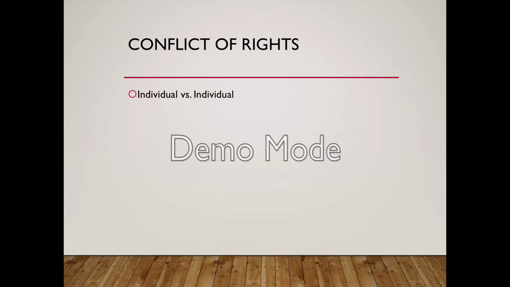The first kind of conflict of rights is individual versus individual. Individual people's rights, their liberties, overlap all the time, right? So one of the ways that we think about civil liberties in particular is laying out the groundwork for the protection of an individual in relationship to another individual. So we're going to find out, for example, that freedom of speech is pretty broad in our system. In fact, probably broader than almost any other system in the world. However, there are times when freedom of speech is limited in order to protect other individuals, right?